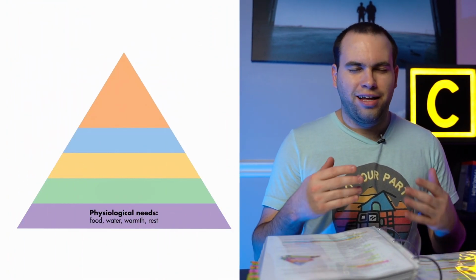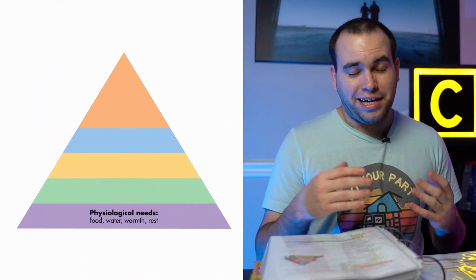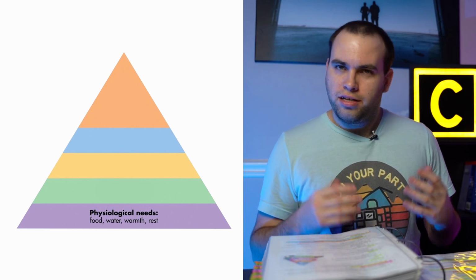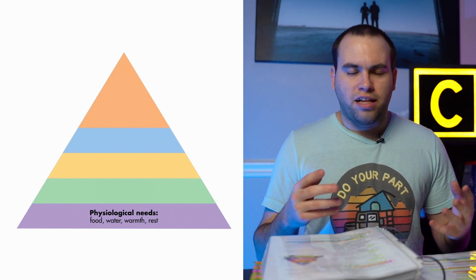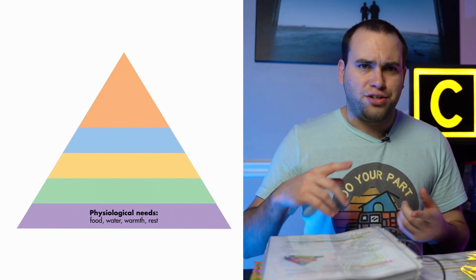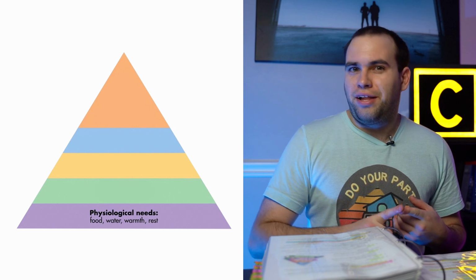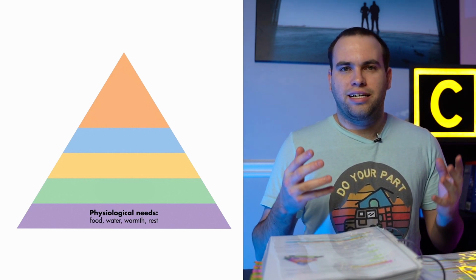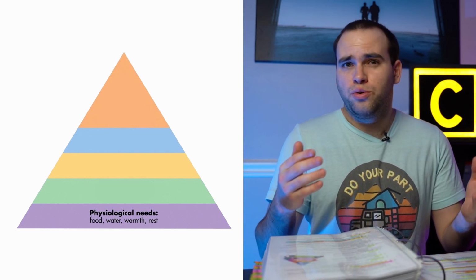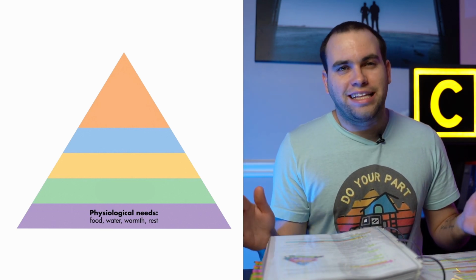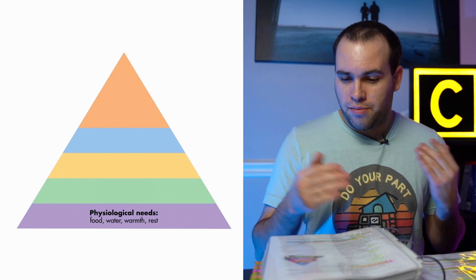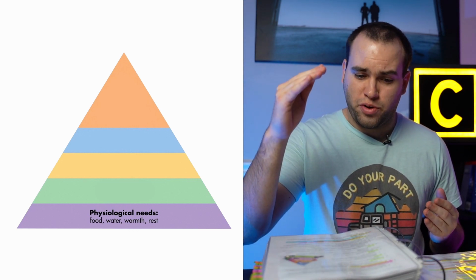It's a pyramid, so let's start with the bottom. The bottom part is the physiological. Sorry, I always feel like I'm dyslexic because sometimes I can't say words. These are your basic elements of needs, like food, water, and protection from the elements. Do you have a house over your head? Do you have food in your belly? Do you have water? These are just your basic needs. If you're starving or if you haven't had water in days, you're not going to be able to talk or concentrate on anything until you've had food. So that's the bare basic. Let's start there. Go to the next one.